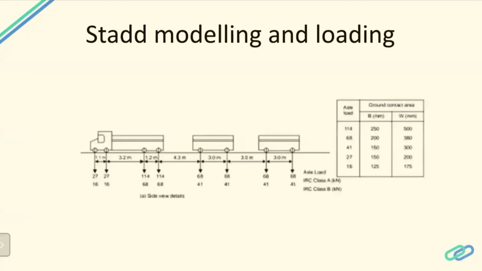So what you see is class A and class B truck vehicles. You can see that the class A vehicle has 68 kilonewton load, and class B maximum comes to 1114 and 68. That is the maximum loading. These are all called axle loading. Axle loading is nothing but, on the other side also there is one wheel, and this load 1114 has to be divided by 2, taking it to analyze manually. And when you are putting it into software, I will show you how it is done.